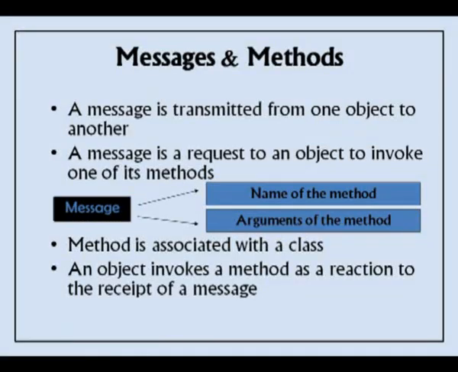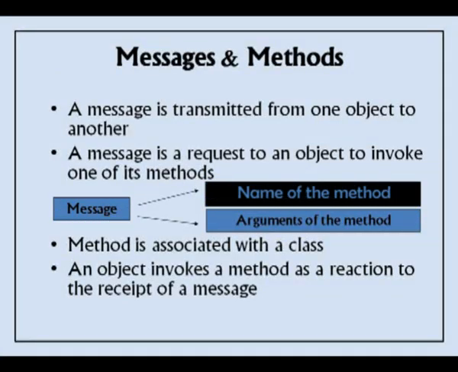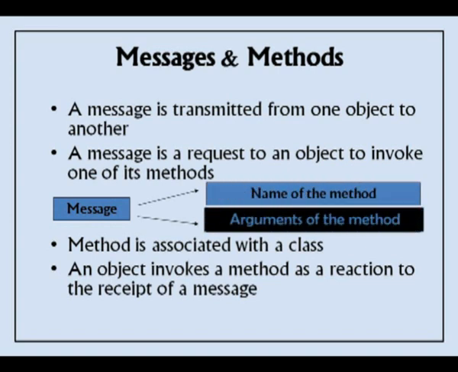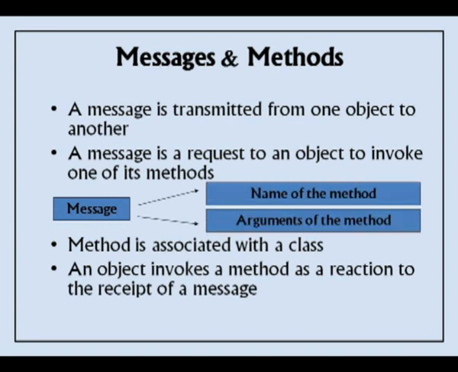So, a message, what does it contain? It contains the name of the method and the arguments of the method. So, from this itself you can find out that a method is similar to a function. Like a function has a name and some arguments, we have seen about the formal and actual arguments in a function. Similarly, a method is also identified by a name with some features or characteristics that are to be sent to it.